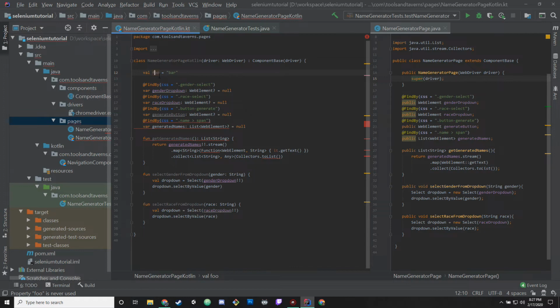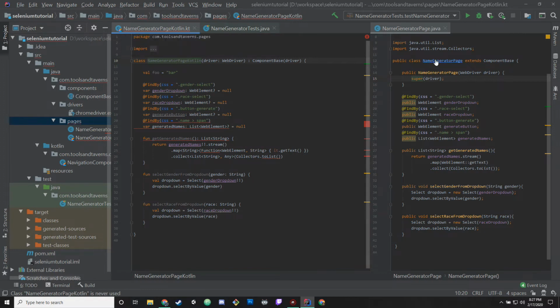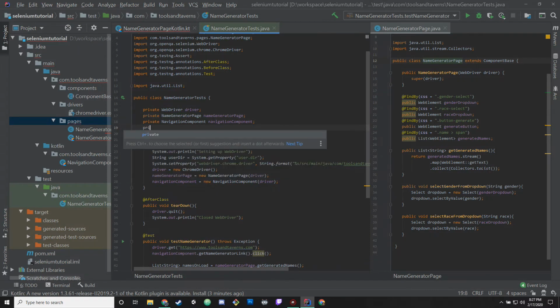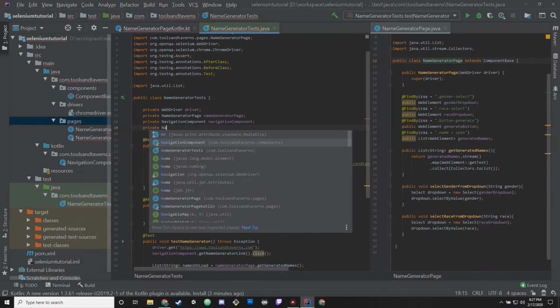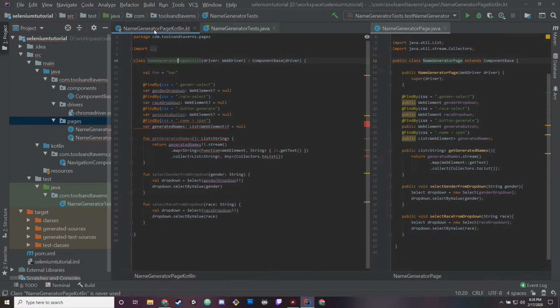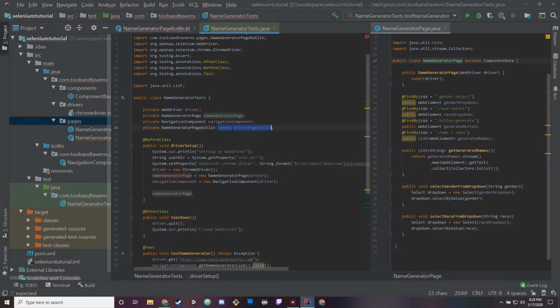So those exist. So if who's using this name generator, this one. Okay, let's create, just to show you, we're gonna add private name. Was it name generator page Kotlin? Name generator page Kotlin. I want to show you something. I created that foo, right, in this file here. I know this is a compilation error. We'll get to that, but so if I come down to the code and I specify our new name generator,